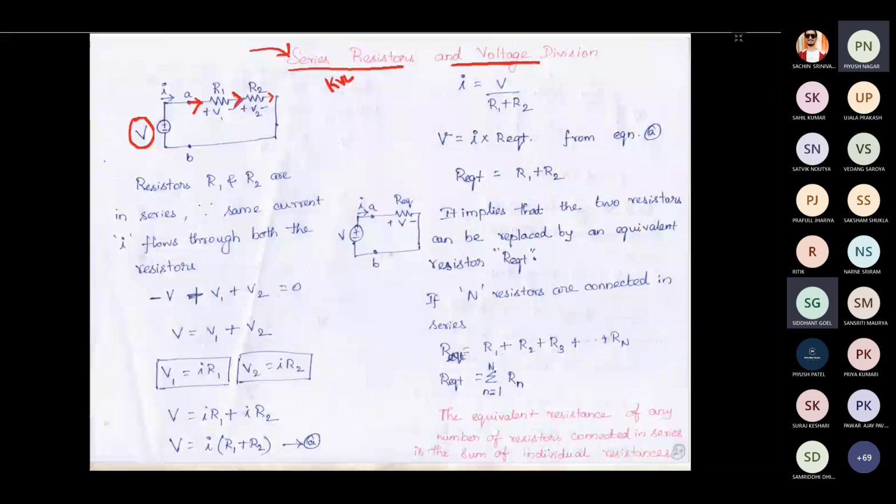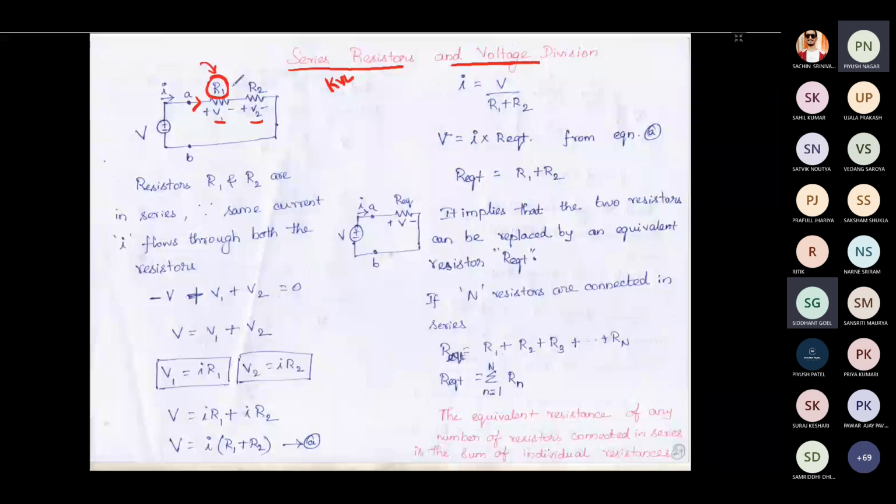So in series elements, if in terms of resistors I'm talking, if you are having n number of resistors in series, then for those resistors the current will be the same, whereas the voltage will be different in different resistors. That voltage across each element is decided by the resistance of that particular resistor. Okay, so here two resistors are connected in series because the same current is going to flow through this path.